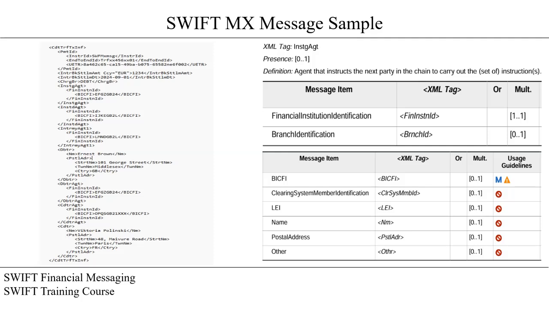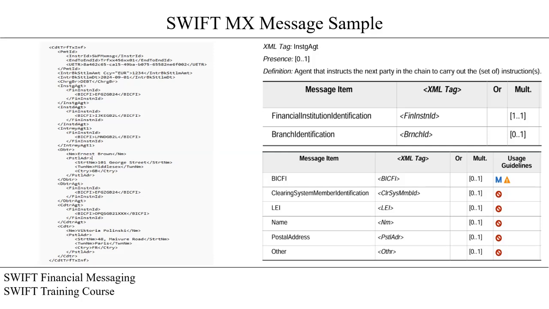You can see the equivalent schema or elements for the instructing agent XML tag. You have the different fields with their XML tag, and then you have what is known as a relationship, which is the mult column, and then you have the child elements within that